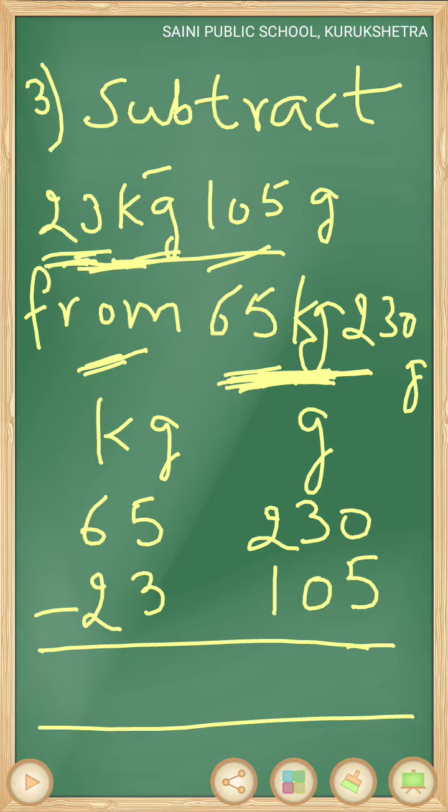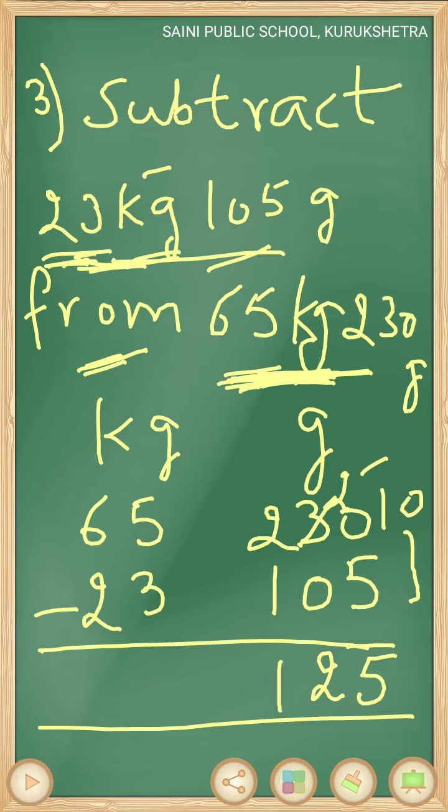Okay, start subtraction in the same way. First of all, the gram place from the right side. Now 0 minus 5 is not possible because 5 is greater. What will we do? We will take a borrow from the next place. So it will become 10 and this will become 2. Okay. Now we can subtract: 10 minus 5, 5. Now this place becomes 2 minus 0, so here 2. Now 2 minus 1, 1. So our gram place is complete.